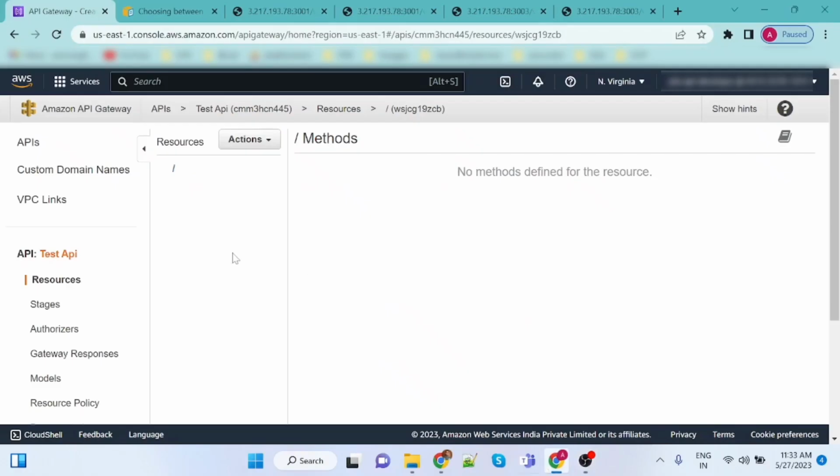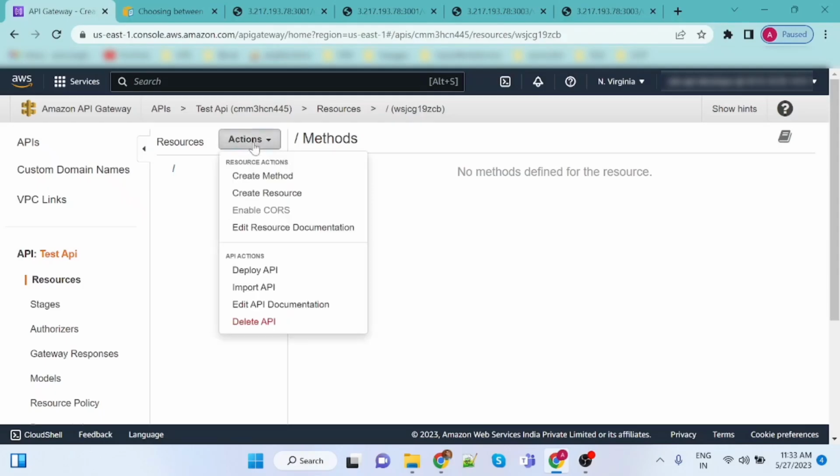In the resource part, create resources as per your multiple services. I will create two main resources which differ for the different microservices. So here I will create a login service resource and a billing service resource, as I have two microservices. The endpoint is the same, so that's why we have to create two resources to differentiate the endpoint for the two microservices. First I will create a login service,